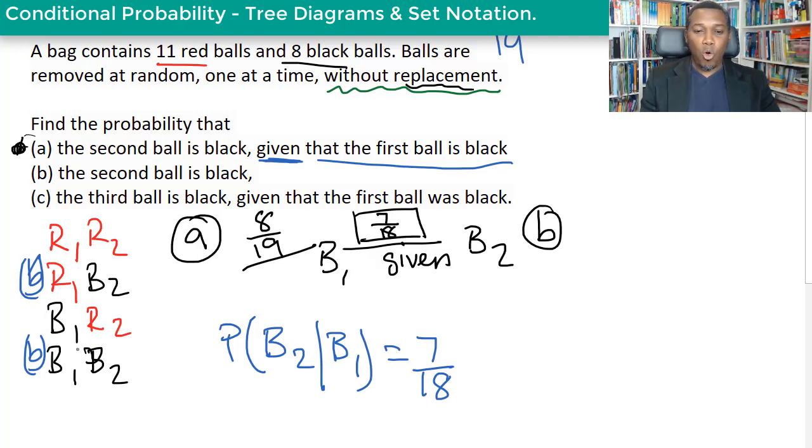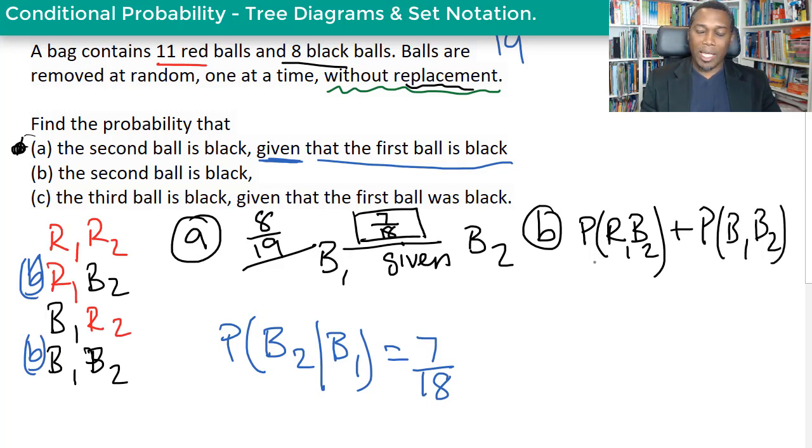So red and black, or black and black. What do we want here? We want the probability of red then black, plus the probability of black the first time and black the second time, because there are 2 different ways that we can end up with black at the end. In this case, we're multiplying. These are intersections, so this is red 1 intersection black 2,